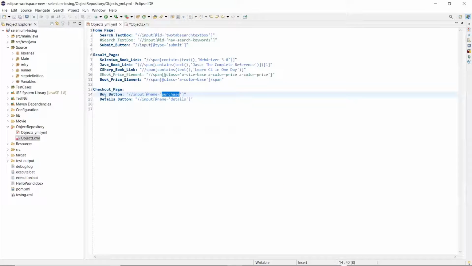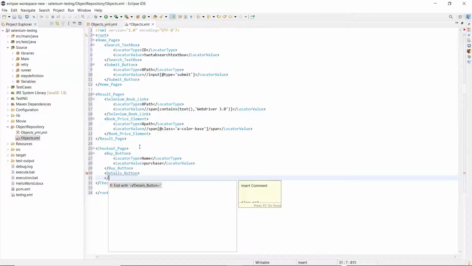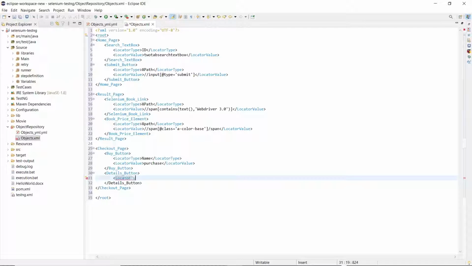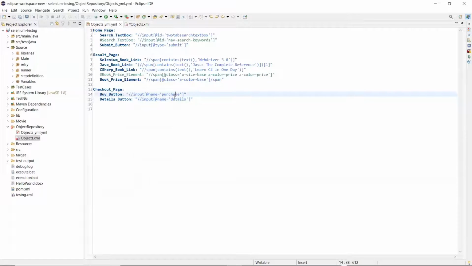Similarly, I'll add another object under the checkout page, that is the details button. This button also contains the name attribute, so we are going to search for this element using the name locator. Here also, I have added the locator type as name and the locator value as details.